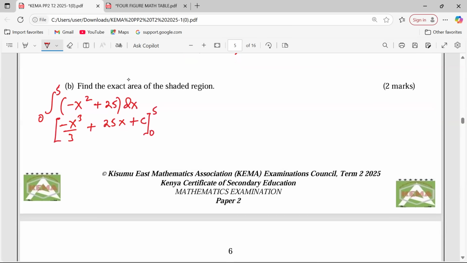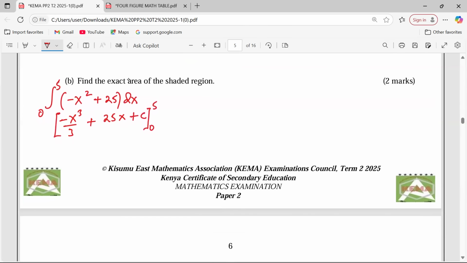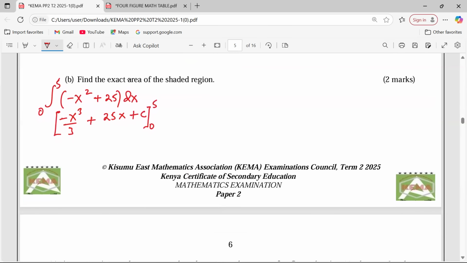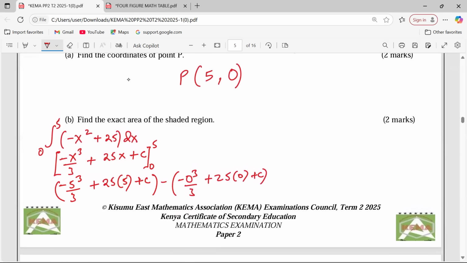When we substitute 5, it shall be negative 5 power 3 over 3 plus 25 into 5 plus c. Then we subtract the same function, but having substituted 0: negative 0 power 3 over 3 plus 25 into 0 plus c, that way. So with this,